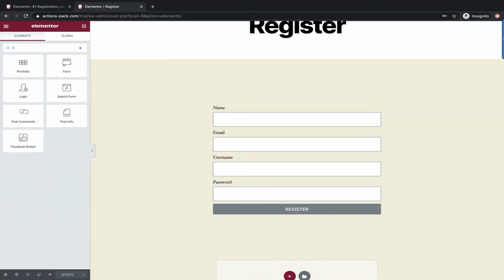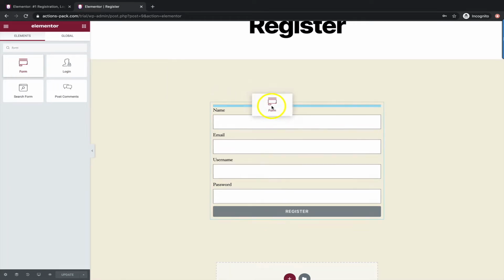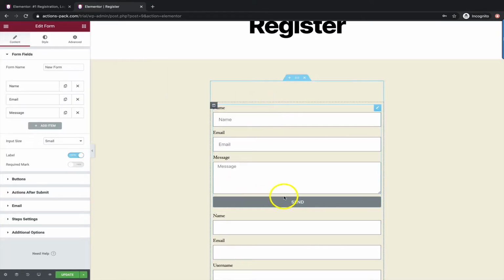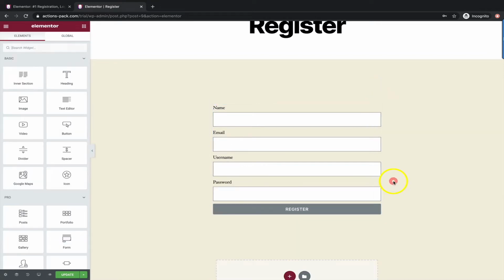If I was to search up here in the widget gallery, it would pull up the forms options, and this is the one that I'm using here on the page, and I would just drag that over and drop it in like so. Obviously that's just doubled up now, so I'm not going to use that one, but that just gives you the idea of where that came from. So I can delete that and just remove it from there.